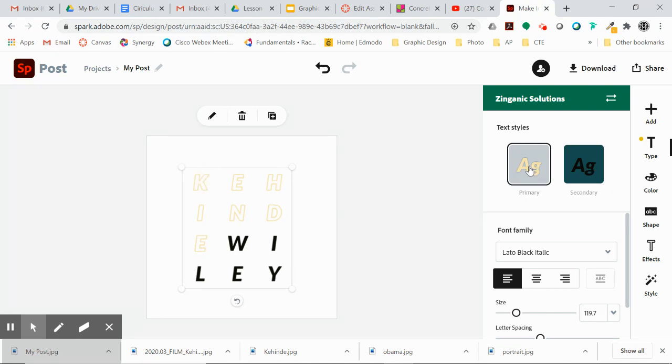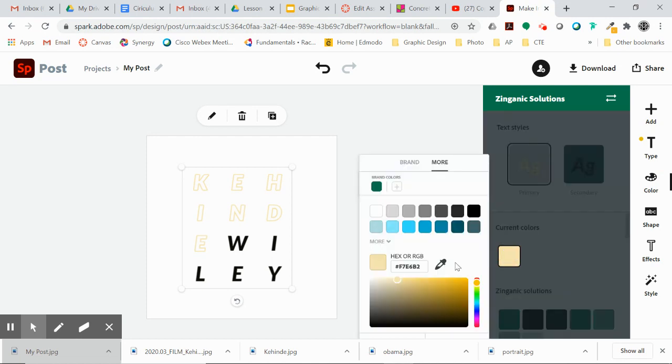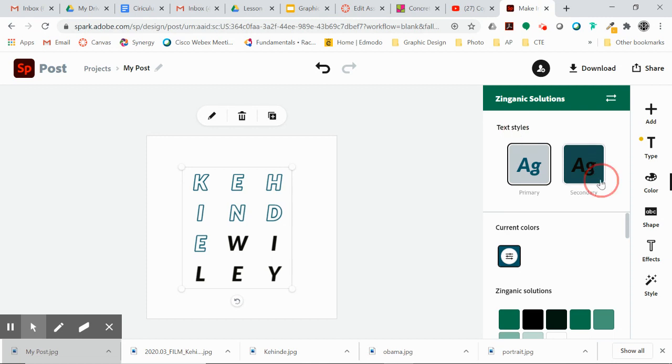So I'm going to click on primary, and then I'm going to click color over here to the right. And then this little thing says current colors. I can click on that little swatch and I can change the color. So I'm going to change it to this dark blue, and then it changes that look right there. And then I'm going to go back. I'm going to go to secondary,